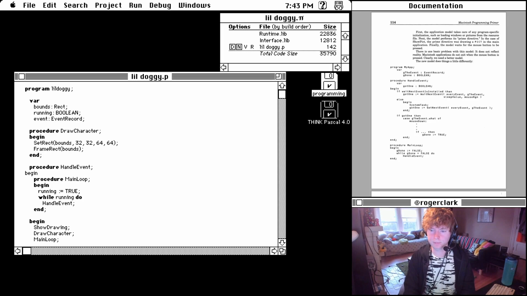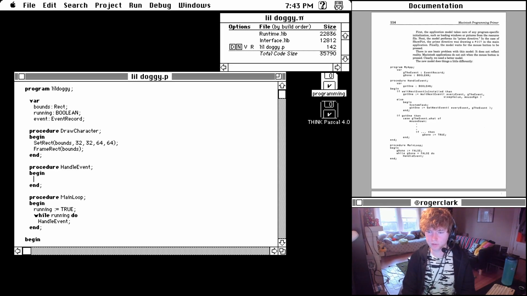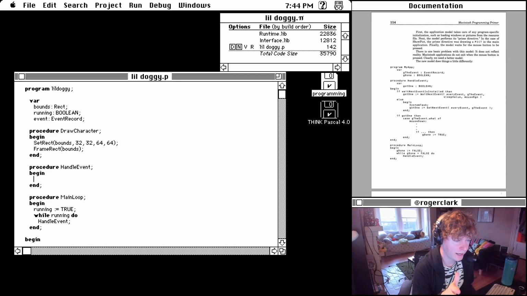Procedure handle event. Let's just kind of clean this up so I can see the delineations between these procedures. And it looks like in handle event, this example code has a flag, this got1 Boolean, and it's waiting for the next event. Sounds pretty simple. And if that succeeds, then it sets this got1 flag to true. If it does not succeed,